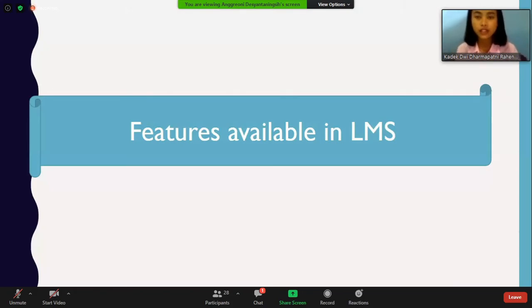The basic features are something expected to be in the course, which the teacher has to plan before using them. The more advanced features can be used by students to support student-centered learning, student discussion, and also communication. Okay, next slide, Ani.